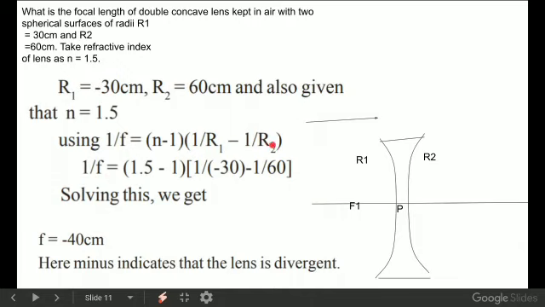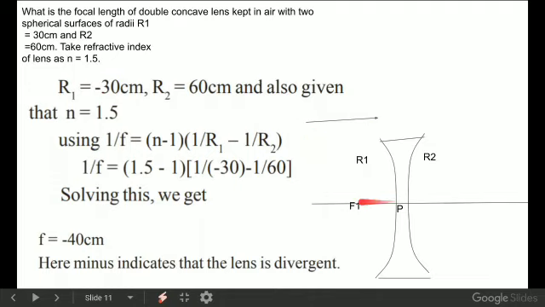So now R1, R2 values, which one should be taken positive and which one should be taken negative? See, here there is no object or light rays to decide that one. In most of the other problems, what do we do? From the object, there will be object. So from the object, light rays will be moving in one direction. Then by taking that direction of light as a reference, we take the different values positive or negative. But here object is not there, na? So we will only take one light ray, that is moving left to right. So we will only take this light ray as a reference.